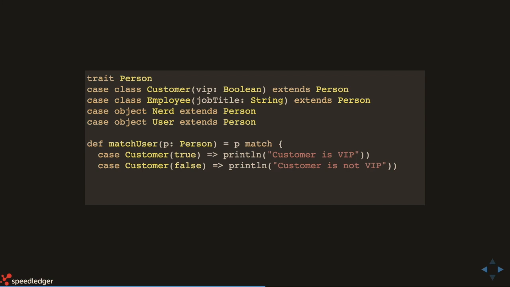And here we come to really the other fancy thing about the pattern matching. Since we can match on type and also extract values from it, we can say that if it's a customer and it's a VIP customer, it's going to go into the first case. And the pattern matching always works so that as soon as it finds a happy case, it picks it and goes into it, and it doesn't evaluate the rest of the cases. So it's good practice to put the most restrictive cases in the beginning, so that you don't get false positives. And then if you like, you can have a default option in the end.